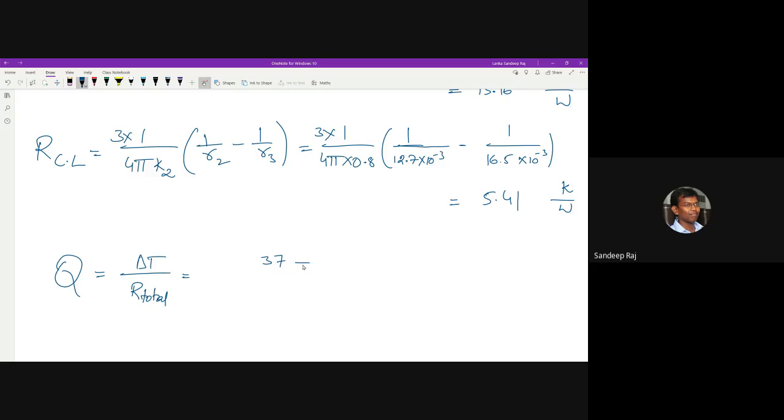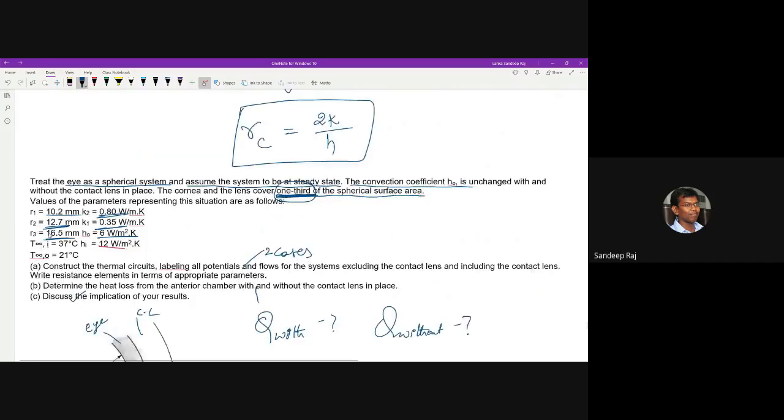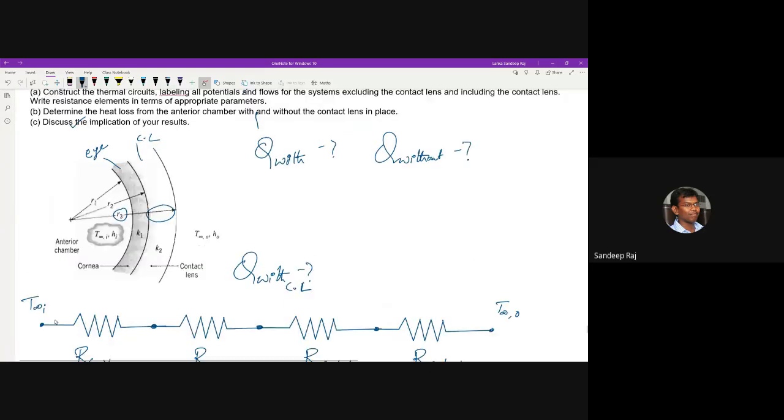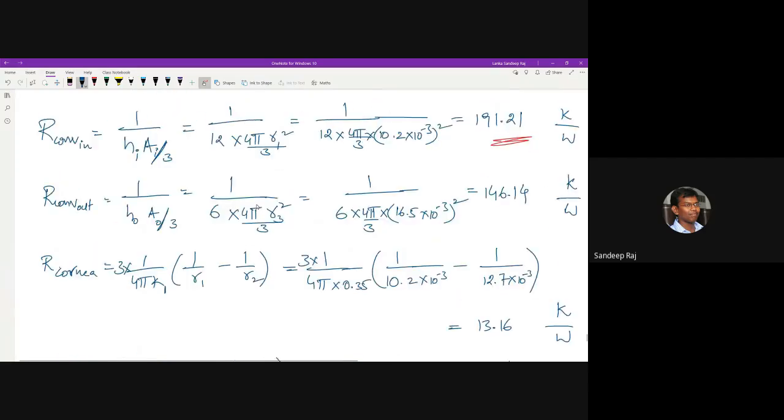And the outside temperature is given as 21. 37 is the normal human body temperature, that's why 37 is taken here. And 21 is the normal atmosphere temperature. So 37 minus 21 by the R total, that is the sum of all these resistances you have to take here. It is 191.21